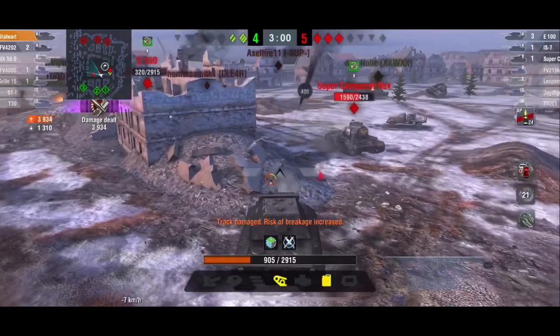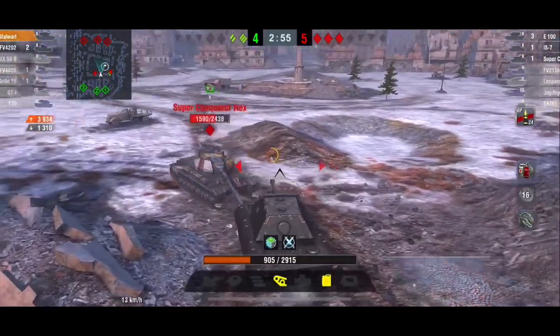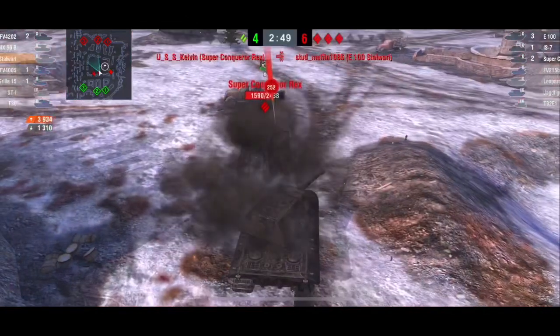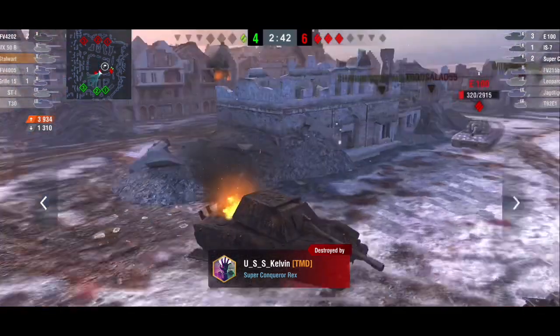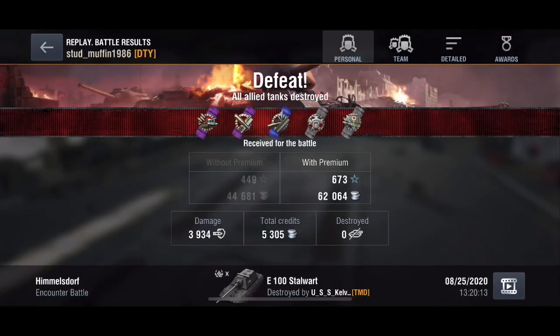Angling that turret once again, and you can see just by angling correctly, it actually strengthens my turret. Whereas if I kept my turret facing toward him, my turret is very flat, and his chance of penetrating me would have actually been a lot greater. So even though these two replays were both losses, I just wanted to play two back-to-back games just to give you guys some real